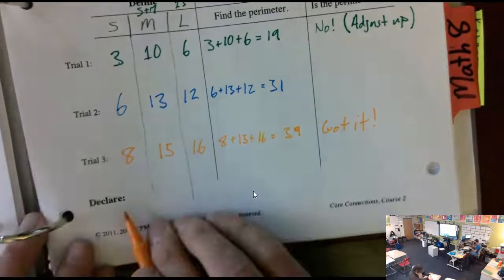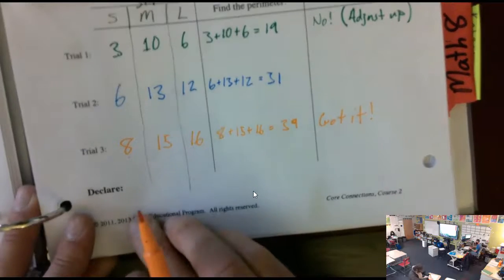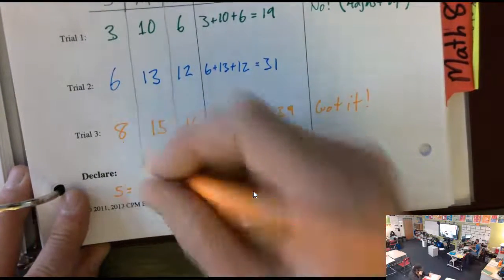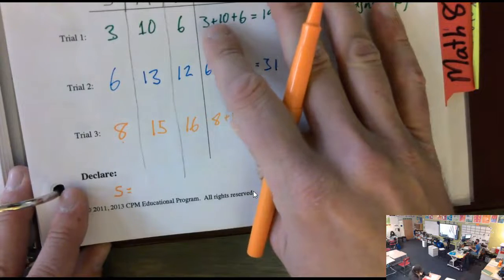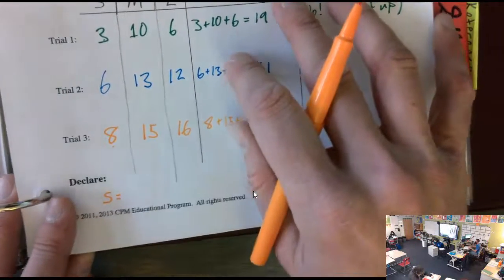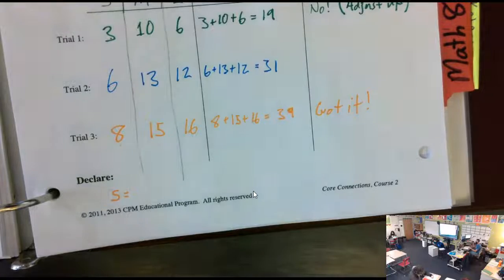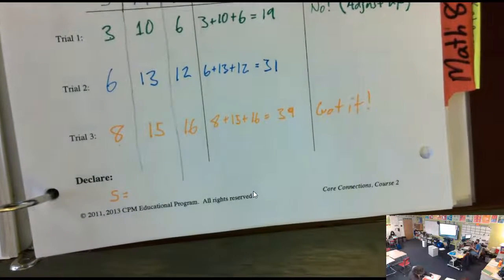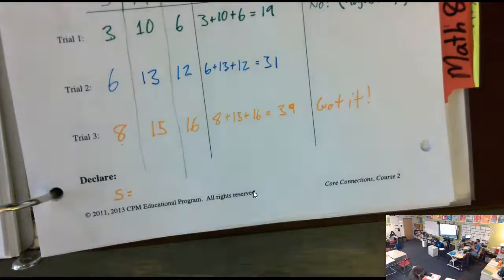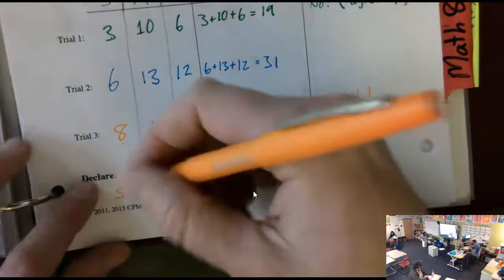So we declare, right? Make sure we declare. Did I tell you the secret yesterday that this packet is getting turned in? It's a super secret because you shouldn't know yet, because it's going to be like a pop quiz. I don't do secrets and pop quizzes. That's why I'm saying this as a joke. I'm telling you the secret. This is going to get turned in, the whole packet. So if you're not doing this, please do it.